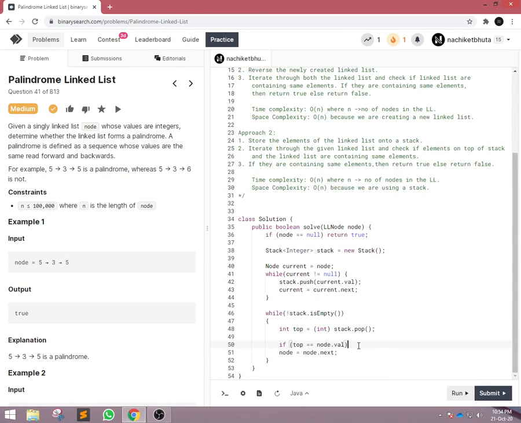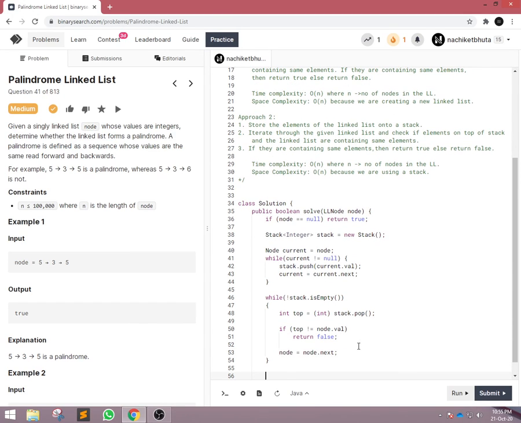I will check the top of the stack and the current node. If the values are not the same, then we can happily return false, else we will traverse through the list. At the end, we will return true, because if this condition is not satisfied, then we can say that the given linked list is palindromic, and we have to return true.